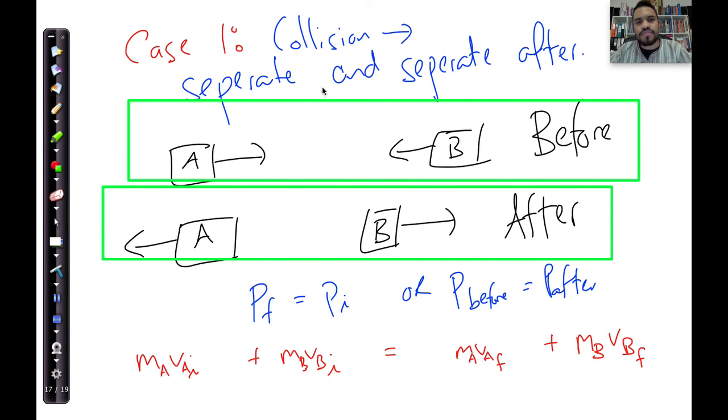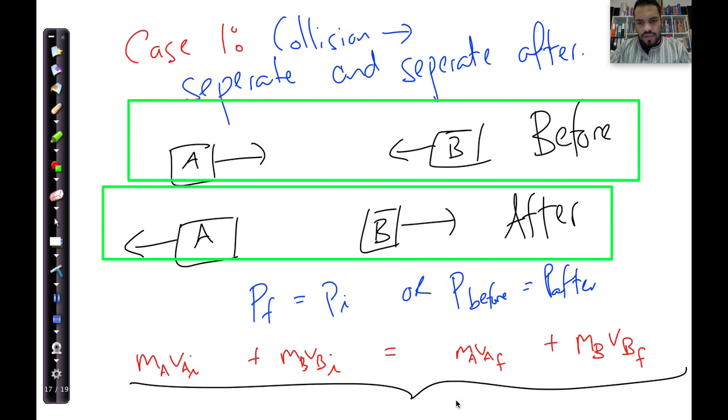Make sure you got it down. It is where we have two objects colliding, and then they separate. Okay, before the collision they go boom, and then they knock each other and they move off again. And this here will be the formula that you will use for case 1. This thing over here. Okay, this is the formula for case 1. So learn how to set it up. You say momentum of that plus momentum of that gives me the momentum of the system. Then label it A, A, B, B, initial, initial, A, A, B, B, final, final. That's how we work. We work with the system. Okay, so let's